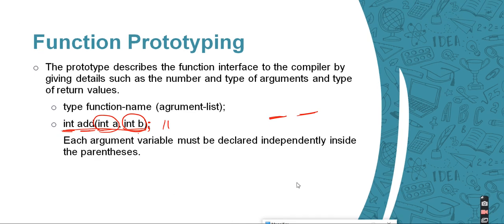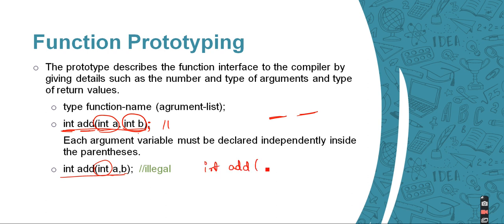Now let's come to our next line. Int a, int b. So as you can see, this is going to show as illegal. It is not going to run. We have to declare data type for each and every variable. So the right way to write something like this: int add, int a comma int b,